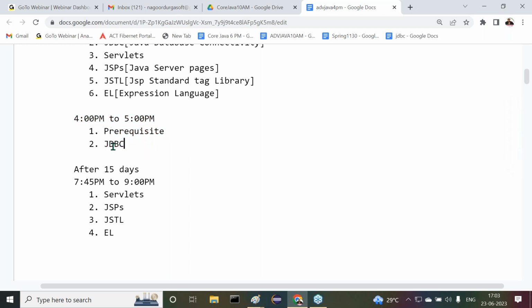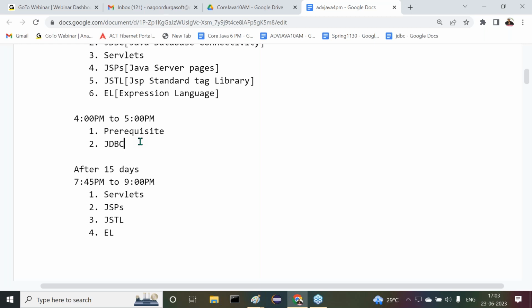For the remaining part of JDBC, I will provide the online classes link. We can attend it online. Those who are completely new members, instead of coming 2 times to Durgasoft, only one time we can come. Otherwise, if you say, no sir, my hostel is near this place, I want to come 2 times, well and good. That depends on your option, what I am telling you.